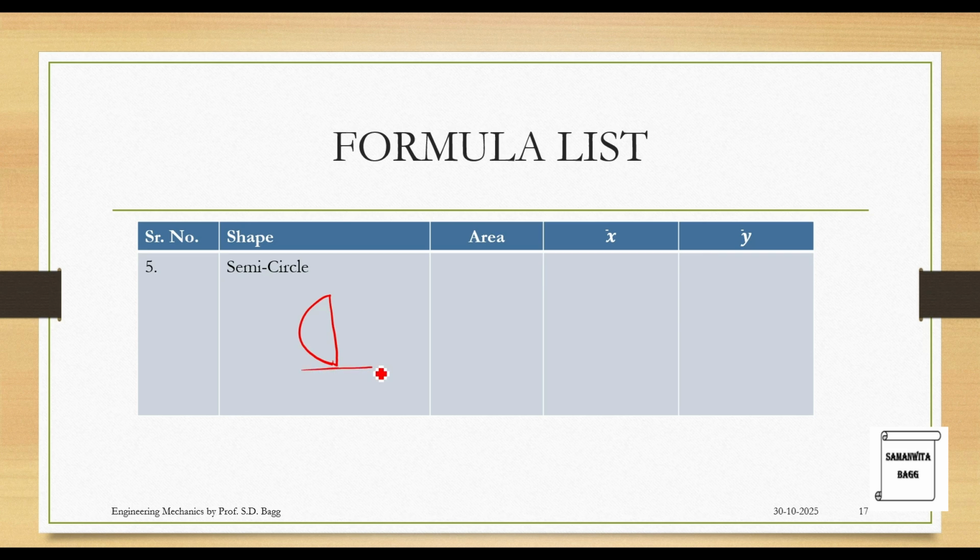So from the base, this is my x-axis. Along this side, I'm going to mark my y-axis. This point is origin 0. Again, half of the base is what I need. And from this base, this height is going to be a gap of 4r by 3 pi. So if you observe carefully, this is your G. From here, this gap, now total this length is R. So this X will now be R minus this value of 4R by 3 pi.